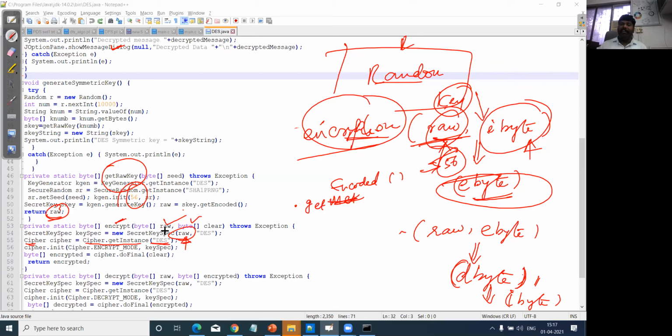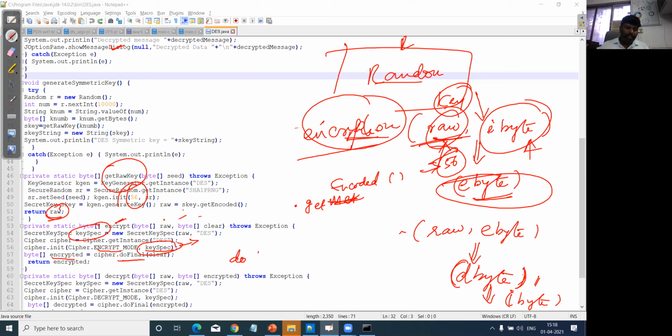See here, we are not writing any code for how the encryption takes place. We are just calling the methods which are readily available in the libraries. I hope this is clear. Then I'm going to initialize with cipher.init, and cipher ENCRYPT_MODE based on the key specification, whatever object I'm using, for further operations. And followed by that, the encrypted value comes from doFinal.